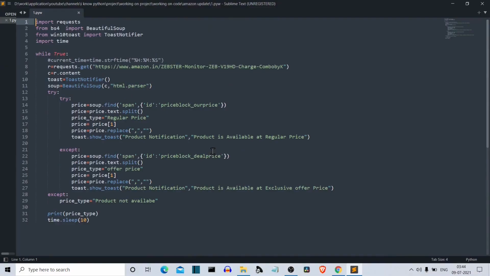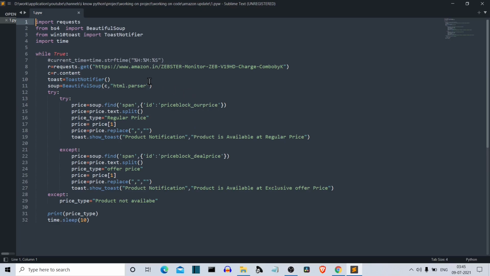Now we are in our editor. Once again, the code is written in front of you and will be provided on my GitHub profile. But before you go ahead and download this code, make sure that you watch this video completely, because we are doing web scraping here, and often websites change their classes and their IDs. So if you don't do web scraping with me and just copy paste my code, then you might get an error. Just watch this video and you'll get the idea of what I'm talking about.